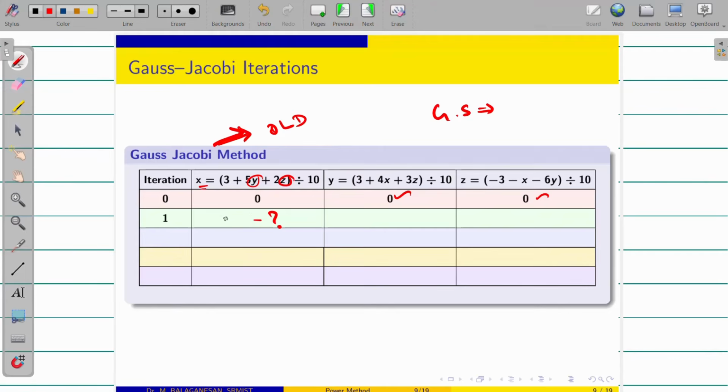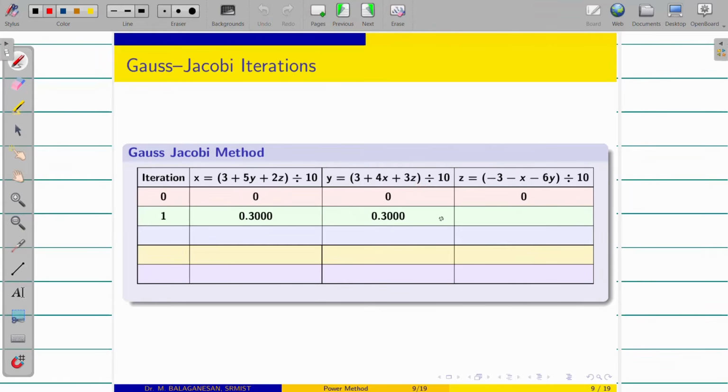So I have to find my x. Which equation do I choose? This equation only. Give y value as 0, z value as 0. So 3 divided by 10, it will be 0.333. Now I have to find y value. What are the values I have to take? X is 0, z also 0. We are finding y by the old x value and old iteration z value. If I substitute, then I will get